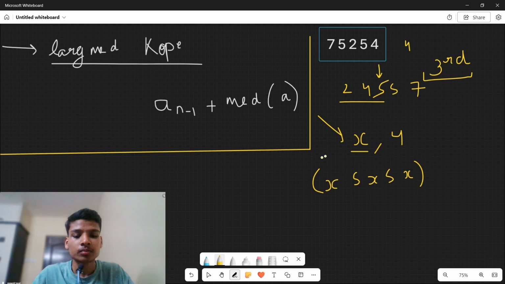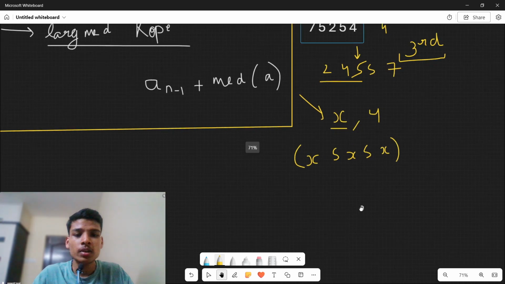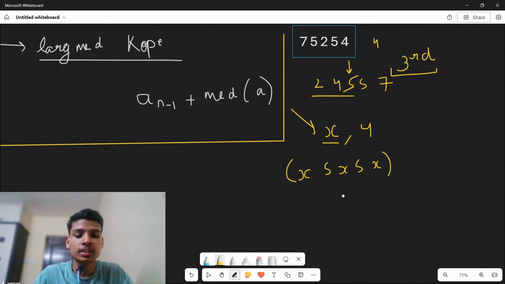So okay, but how to check the condition? How can I check the condition? For example, in this array, I am taking the example like this: 4 5 7 2 5 4, and I am aiming